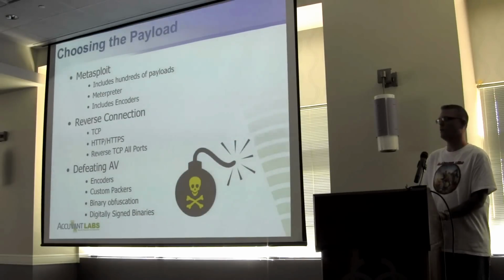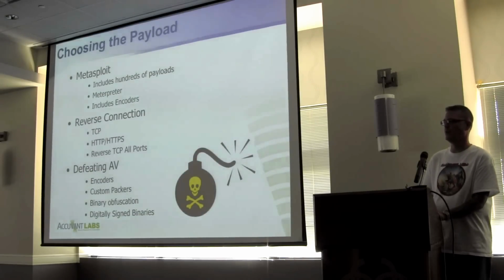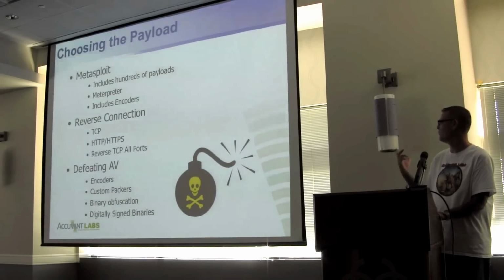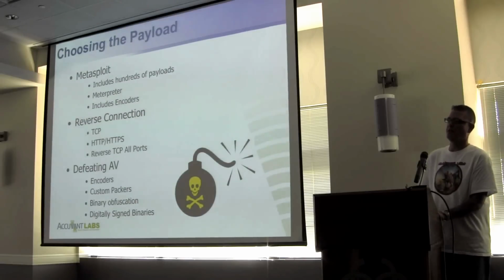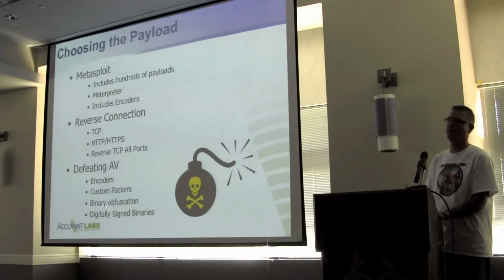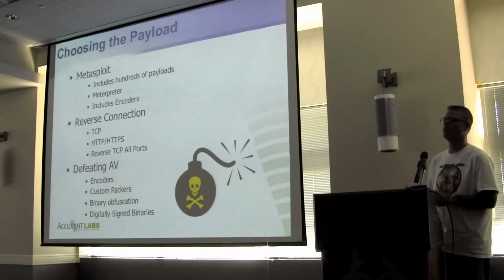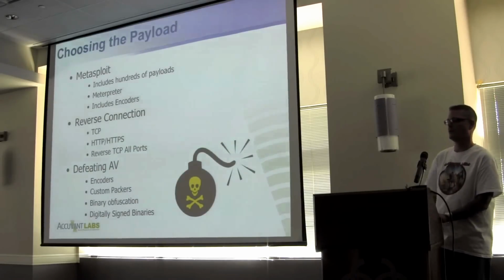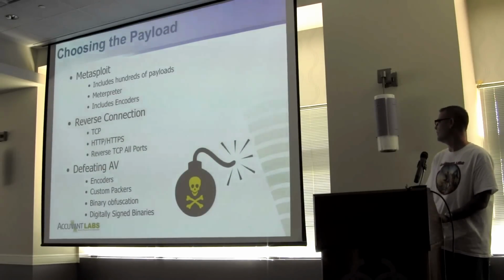The only other one we use when we're in a pinch, when we know there's really tight egress filtering on the way out, is reverse TCP all ports, which basically starts at port number 1 and tries every single port until it gets out. And you'd be surprised. People think they have their network all sewed up tight, but there's something that gets out somewhere. Somebody opened some RPC port way up in the 6,000s or something that gets out.